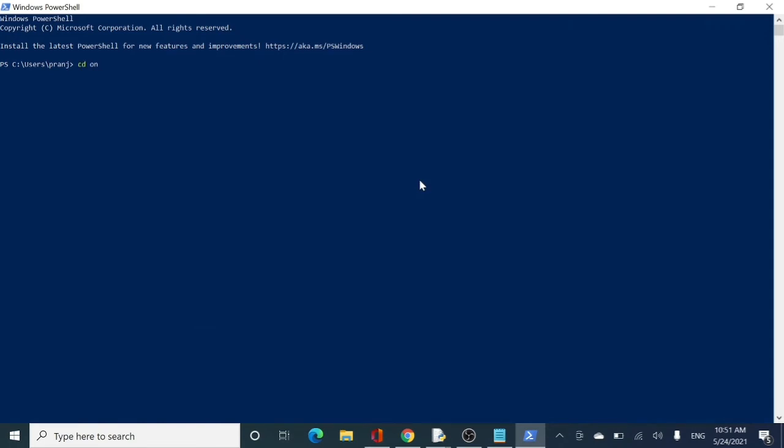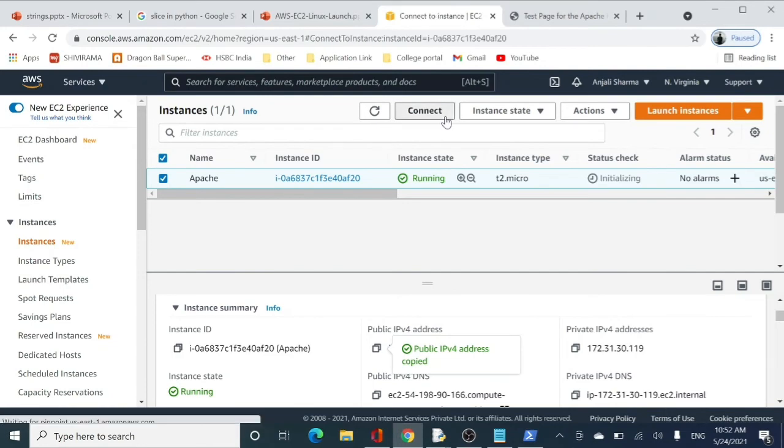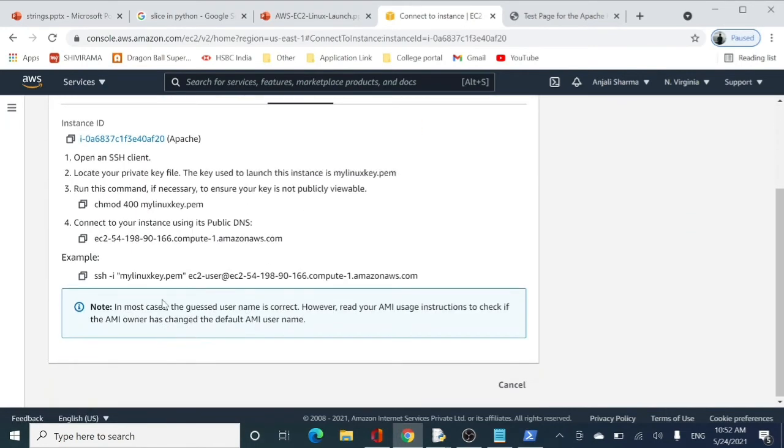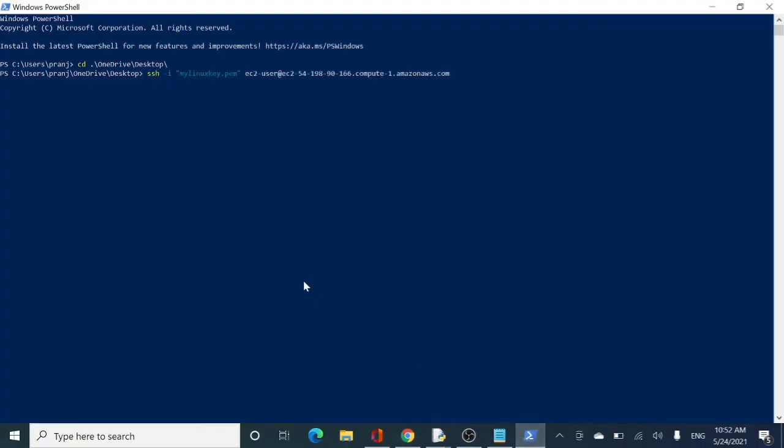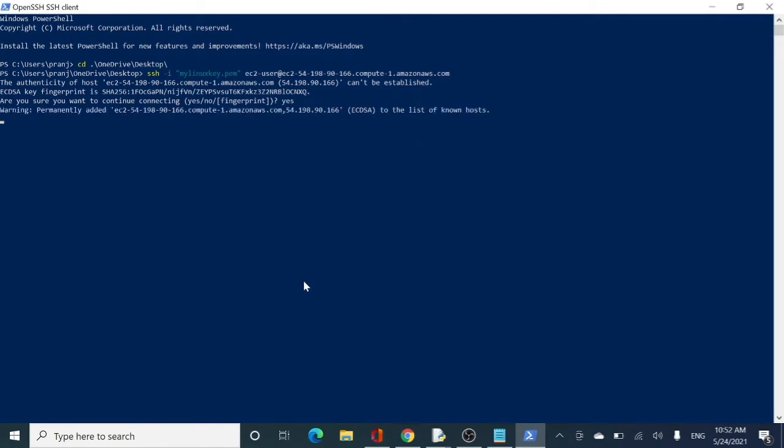So cd OneDrive desktop, and the best thing is to go to your EC2 instance, click on connect, copy the command for the SSH, right? And here is the command, and now I shall SSH into my EC2 instance, type yes, and here you go. So right now I am in my EC2 instance.